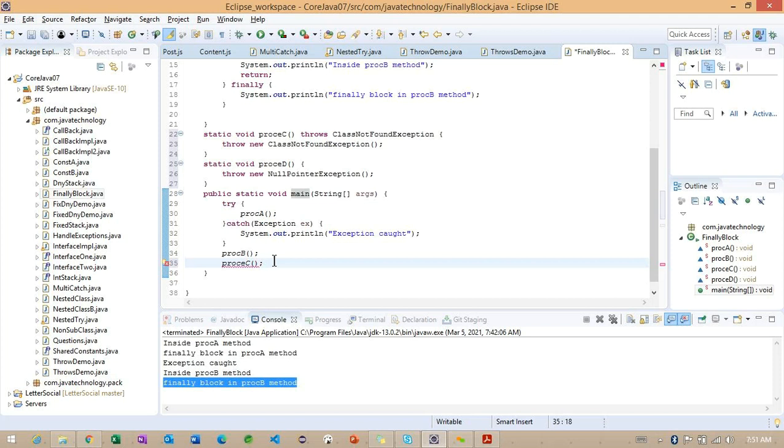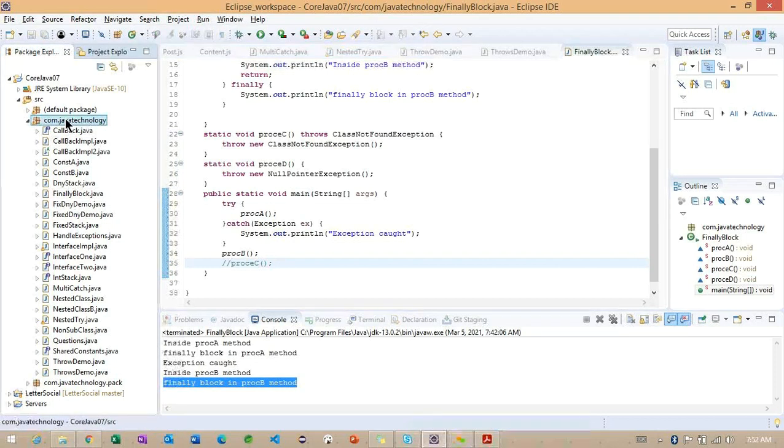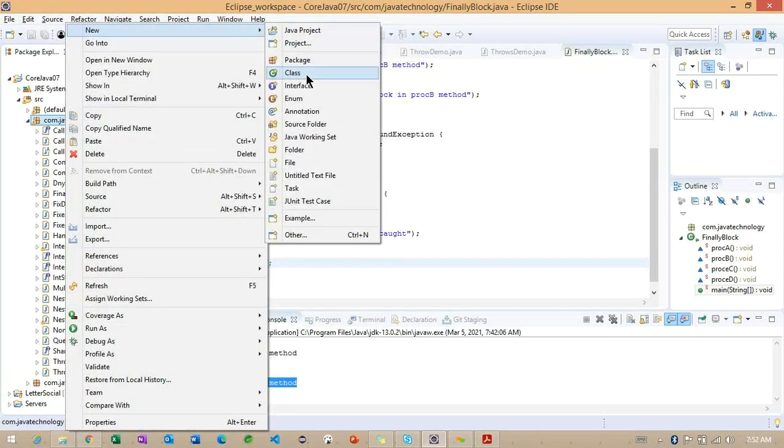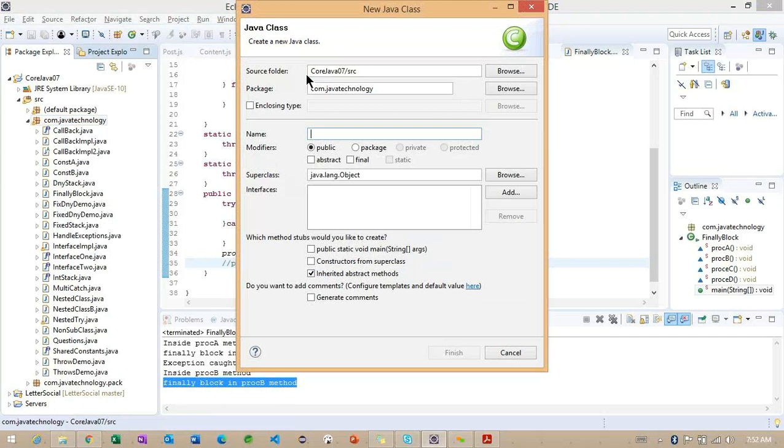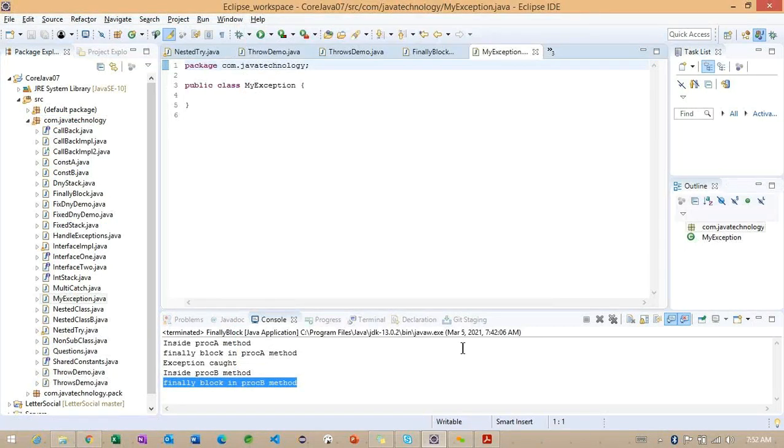So we can work with custom exceptions. I want to create my own exceptions here. How can we create them? To create your own exceptions, first we need to extend something called exception. So this is my exception, a custom exception here.